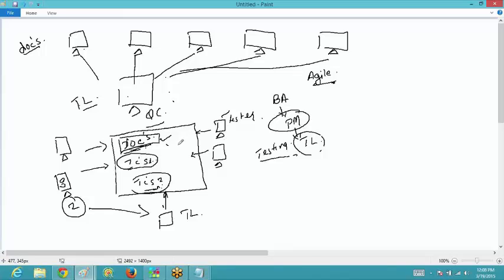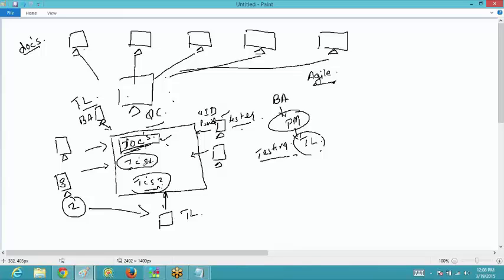If the tester has to see the documents which are present over there, then he needs a certain user ID and password to link to the system, or we can say to link to QC. Each tester would be given a separate user ID and separate password. The test lead will also be given a separate user ID and password. And since the documents are also kept here, the business analyst people also have the authority to log in to QC, since they have to deal with the documents.